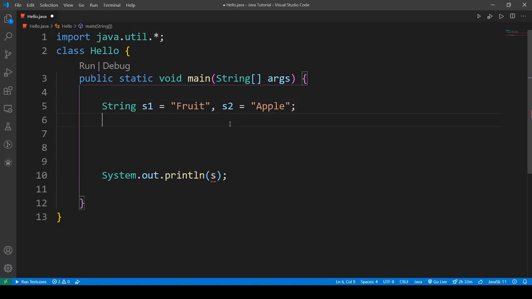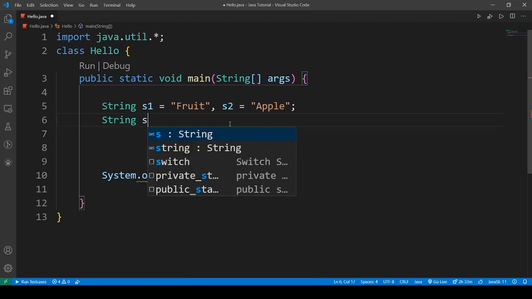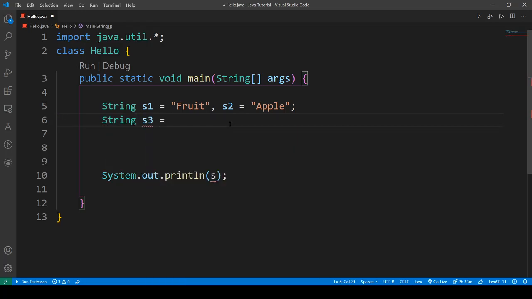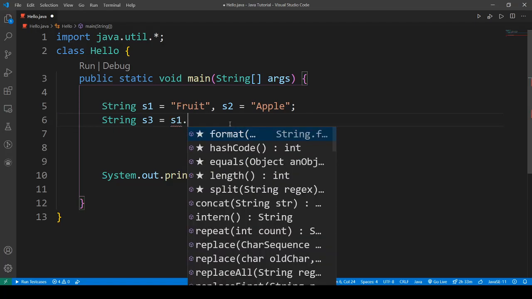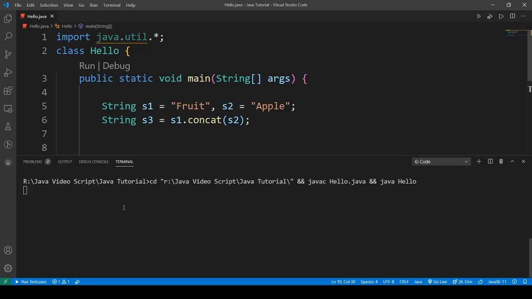Now if I want to concat it in a new variable s3, I can use the concat method, and this will give me fruit apple. Let's run the code, and it prints fruit apple.